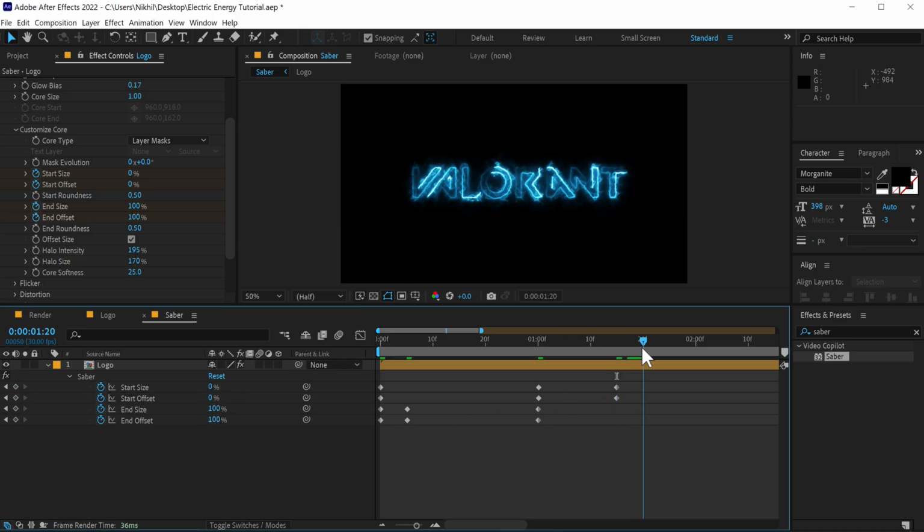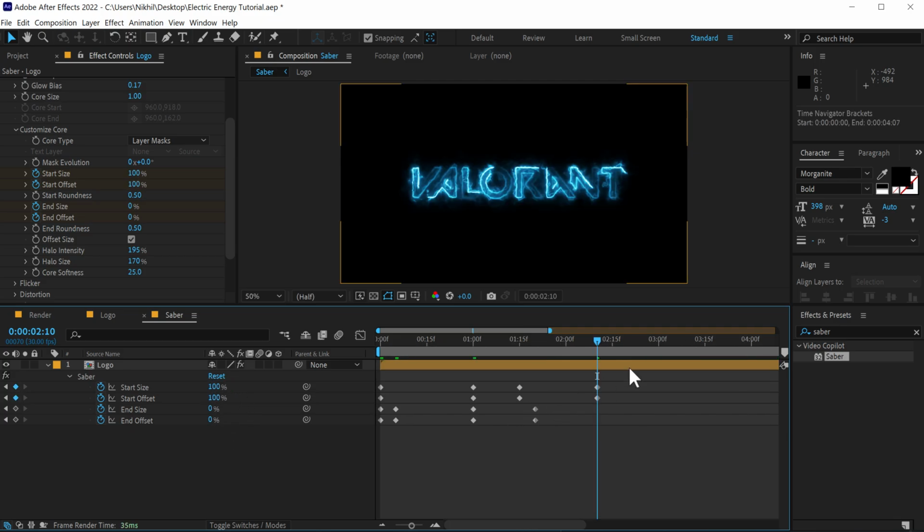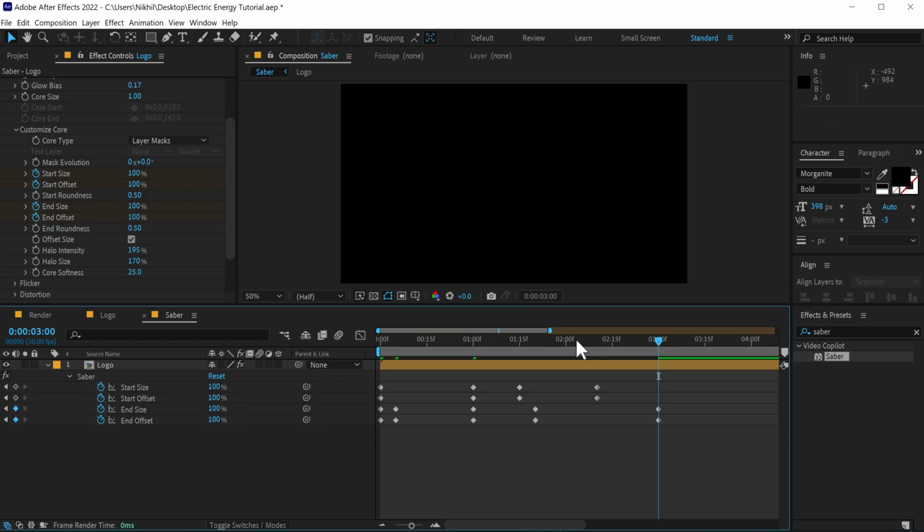Then go to 1 second and 20 frames and then set the end size and end offset to 0 as well. Then I'll go to 2 seconds and 10 frames and bring up the start size and start offset again up to 100. And finally I'll go to 3 seconds and set all the properties to 100. All right, so now if I preview this, we have something which looks like this, quite random,